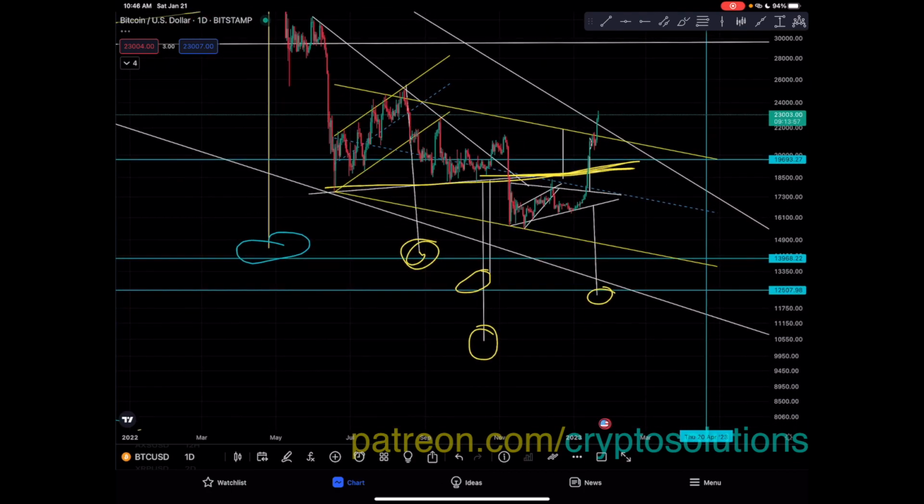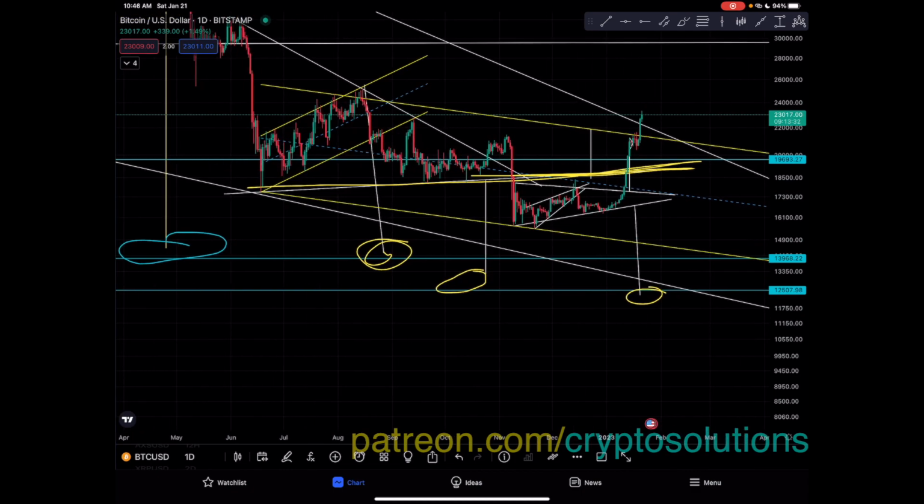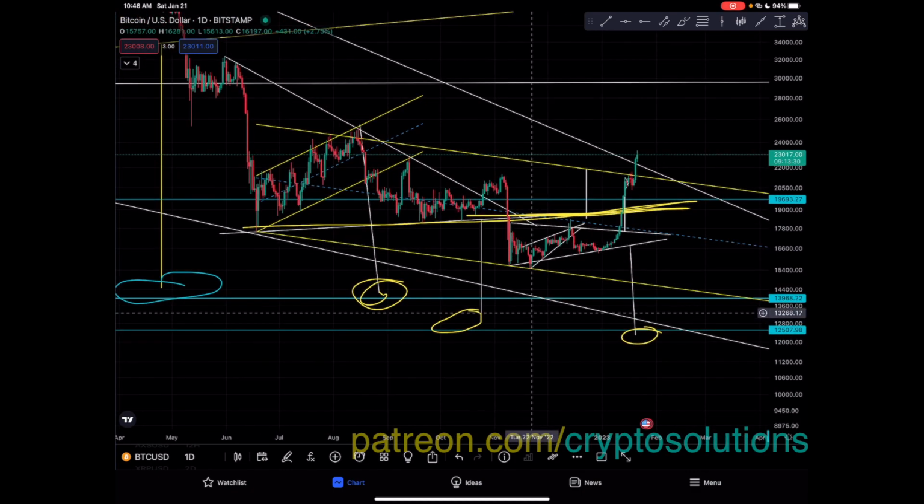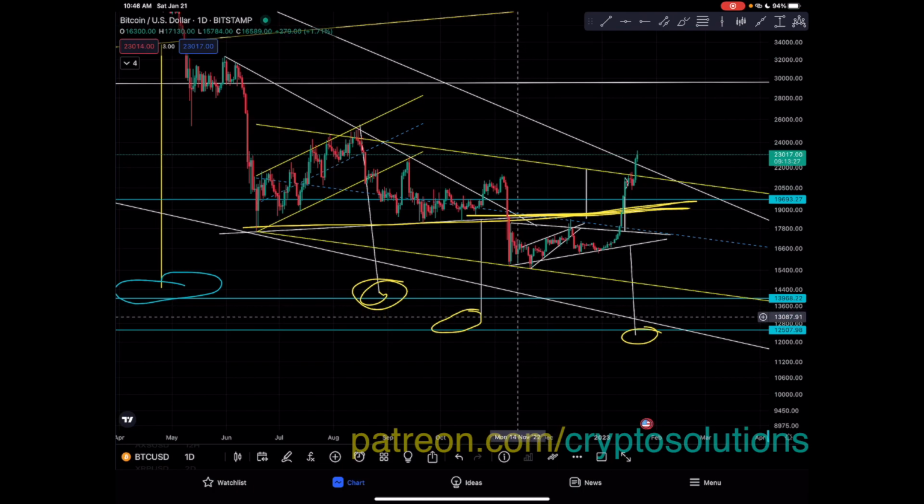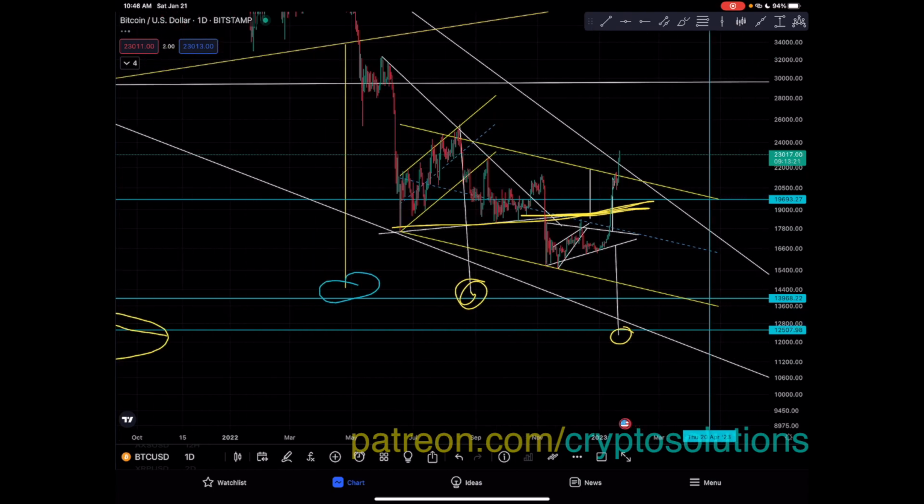So the target to the downside, all the way down around $10,497, has been invalidated. What does that mean? It means that right now that price target is not in play, because this resistance got broken, and now that would be a second target. I will delete that right now. The first target, which I mentioned in my previous video, was around 13,250. That also got invalidated right there, so I'm going to delete that right there. The first target got invalidated and the second target got invalidated.